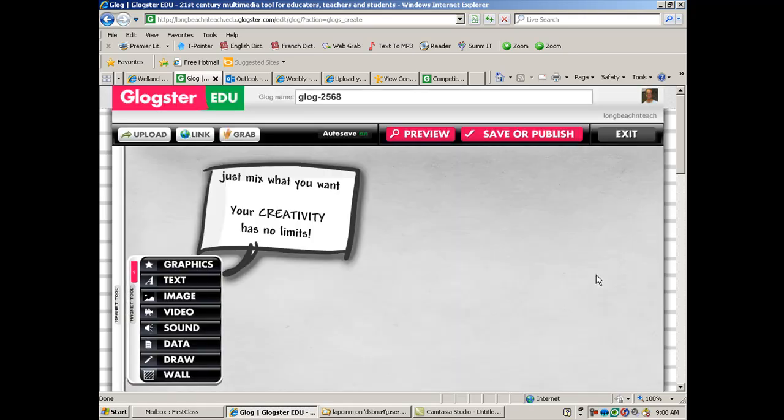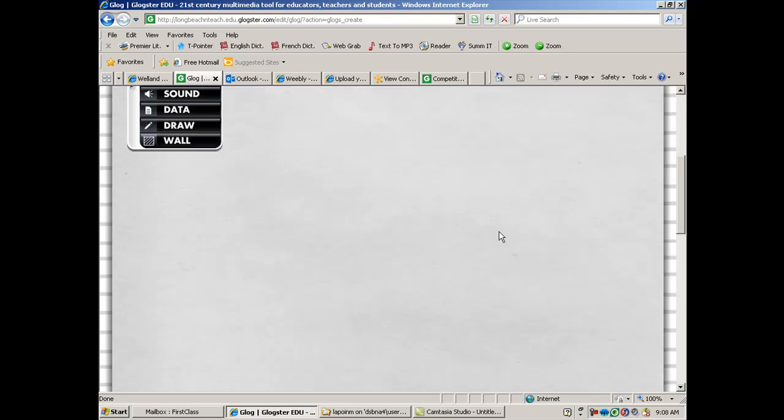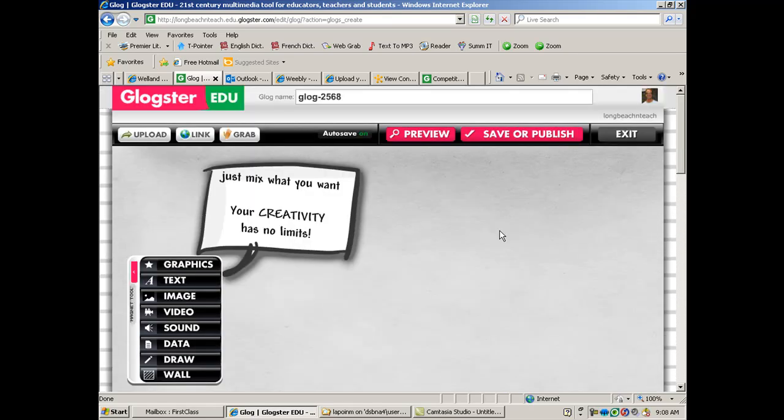And then you're going to get this window, and you get a blank sheet. And you can't make it any bigger. This is the room that you have, and that's all the room that you have. Once you've built a glog,